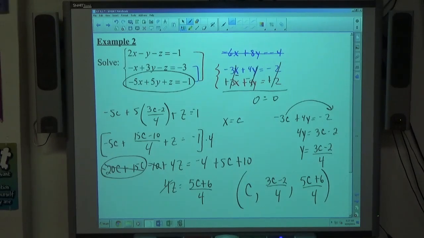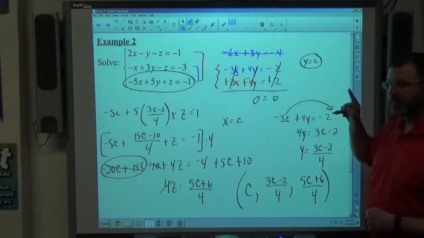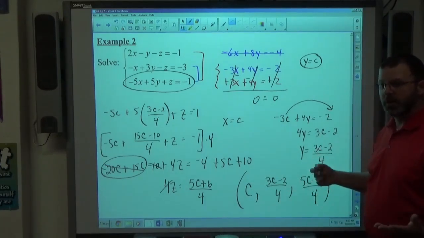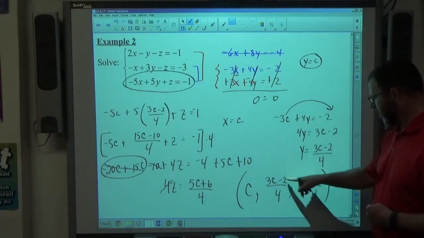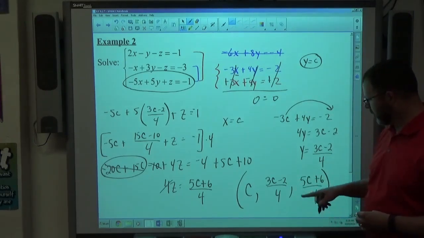And again, if the book used a different value of c, you can create an answer, and then let's say they said y equals c, they get some c answer. So what you do is you create an ordered triple with a specific value of c. I would probably go to one of these two to figure out something that makes it divide evenly, so it makes a nice pretty number. For example,